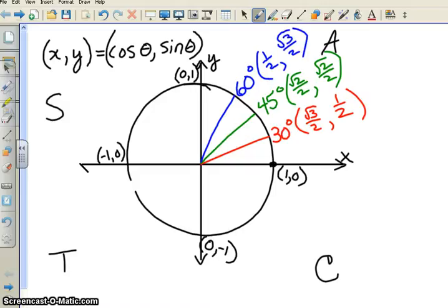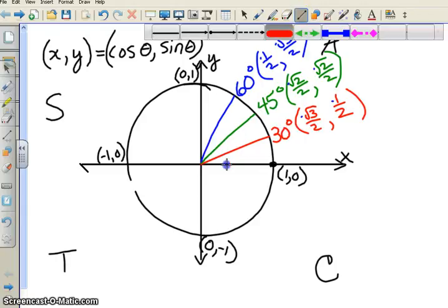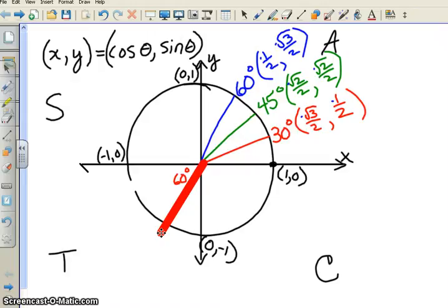And notice here, depending on where you start from, if I start at 60, I can count 1, 2, 3 for my numerator, 1, 2, 3 back up for my numerator. And by knowing those, then I can go and say, okay, if I rotate 240 degrees, 180 and 60 more will land me into the third quadrant. At 240 degrees, my reference angle is 60, so if I want to know the cos of 240,